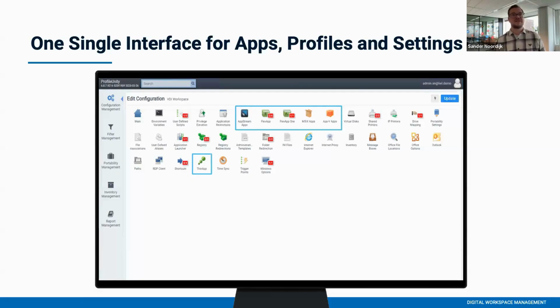So at first we have our method to deliver the applications. FlexApp 1, as I just explained, but also we can do the traditional application packages as well. So you can use Profile Unity to deliver MSIX apps you maybe made the move to, or your AppV applications that are still present, or maybe you're coming from a VMware environment and you still have ThinApp isolated applications, or AppStream through Amazon. Those are all applications that we can deliver through Profile Unity with the added benefit of that